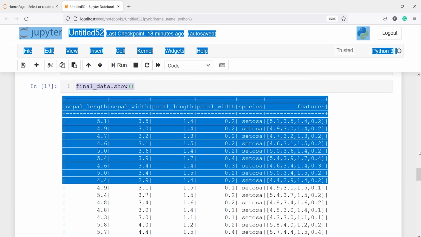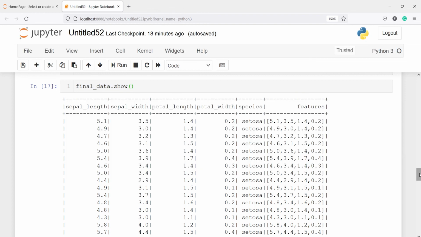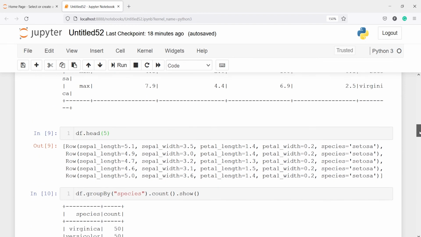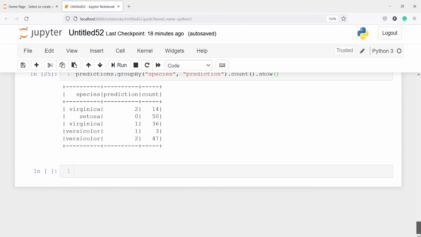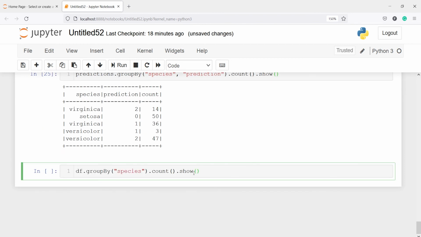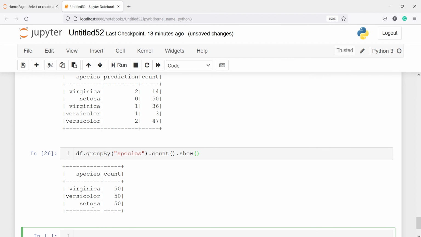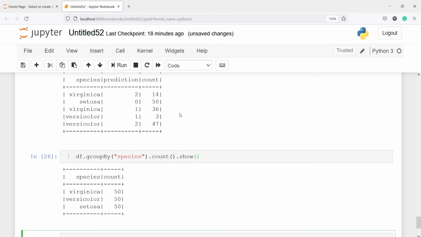So we will look here, we had done this group by here, and I'll just copy this code from here and paste it here. So you will see here in Setosa, all 50 samples got in one cluster.